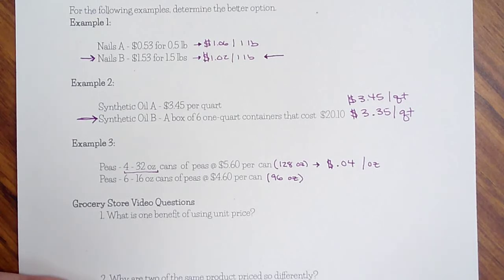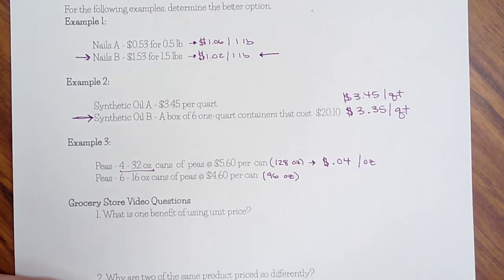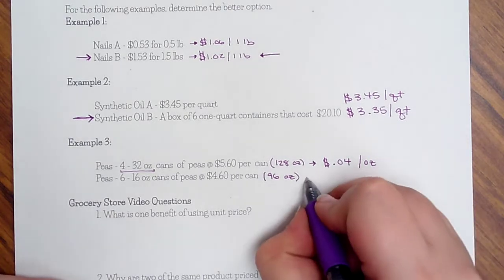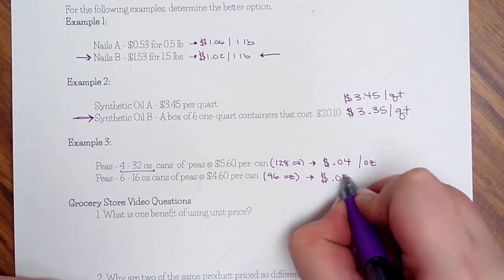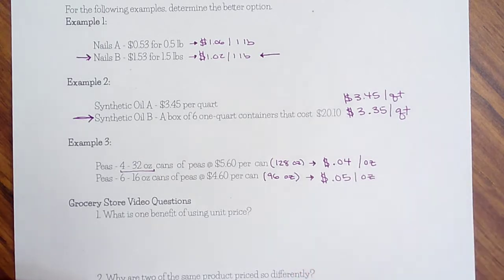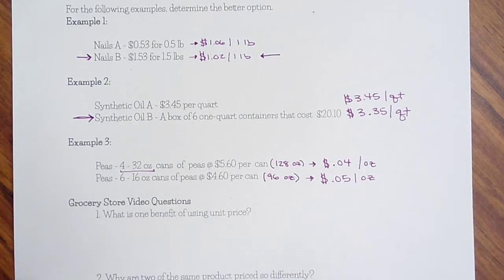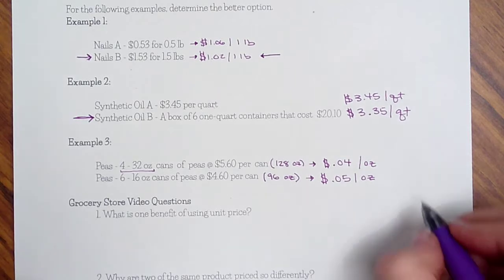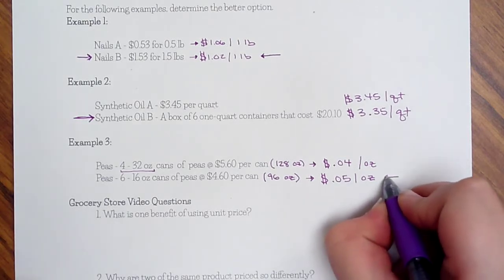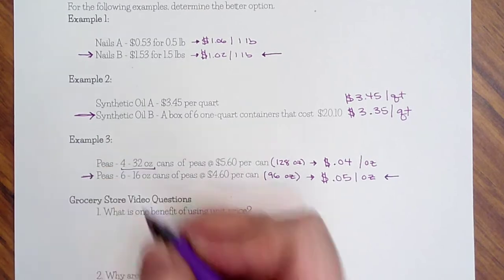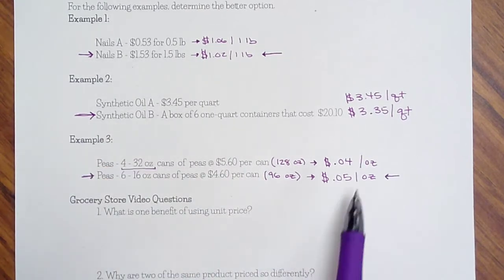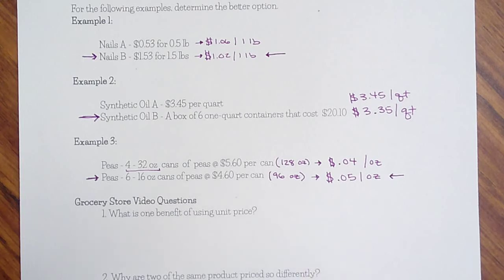The second one, when I do 4.60 divided by 96, just like my formula says, this one, when I round, is actually going to be 0.05 per ounce. Now that's not a huge difference. It's a pretty small, insignificant amount, but just by a little bit, our second one is going to be the better purchase. Again, we don't care about little cents like this, but think about if you run a huge company and